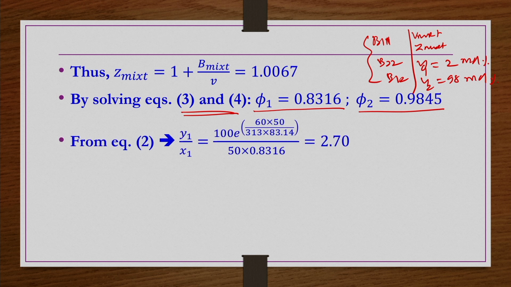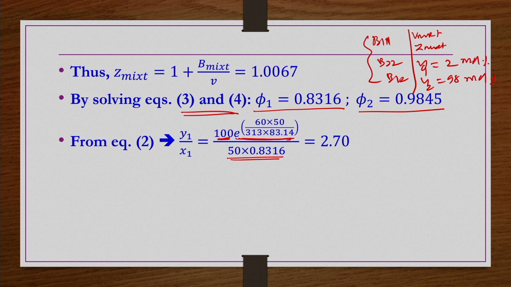So, then y1 by x1 you will get 100, this is H1 in oil, at normal 1 bar condition. So, that is 100 bar is given, but the solubility or absorption of this component in oil we are doing at high pressures. So, the corresponding high pressure correction should come into the picture, that is exponential of integral V1 bar infinity by RT dP. So, that is this part, and then divided by